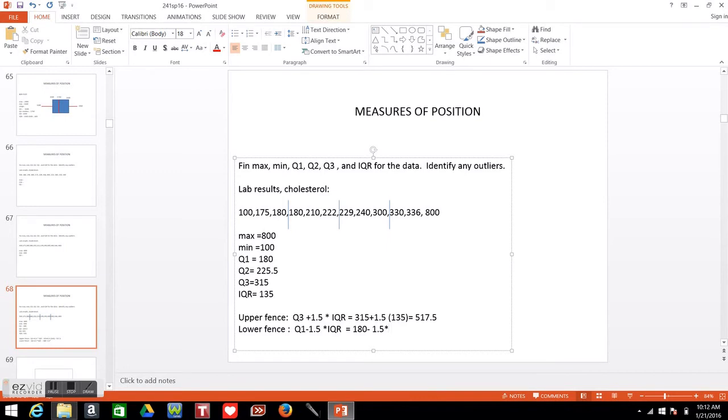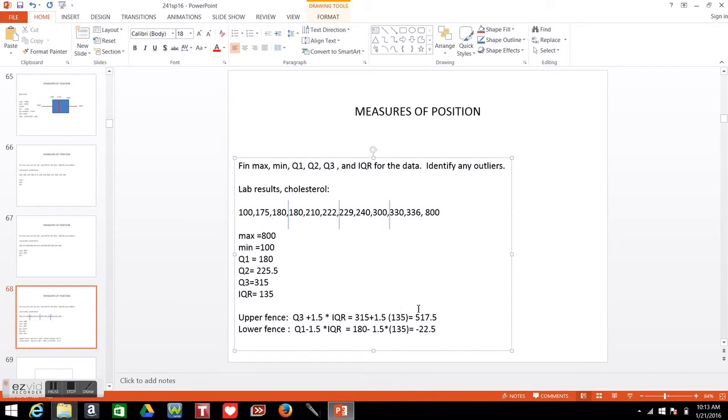Which is 180 minus 1.5 times 135, and that is minus 22.5. So essentially what we're looking for is, if we have any values in our data set bigger than 517.5,